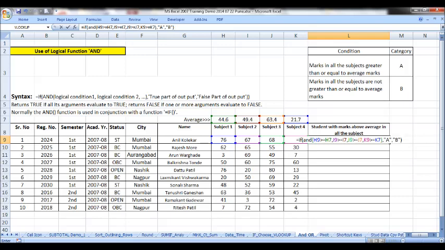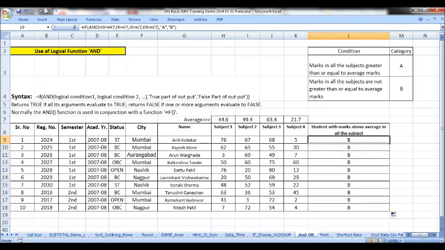Just check it. If you enter, you will get the output. If your syntax is right, then only you drag it for the rest of the cells. Here in this case, we still do not have the correct syntax.